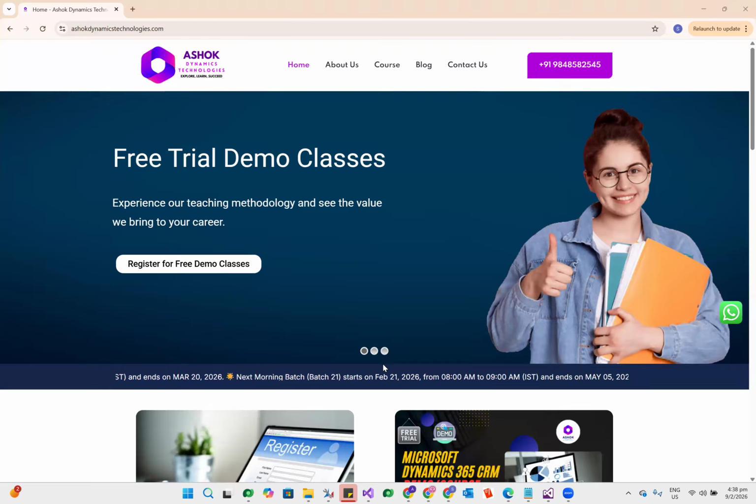How do you provide security for the portal users? Data security for portal users. Do you know table permissions and web roles in portal? I'm not getting an idea on that, sir.